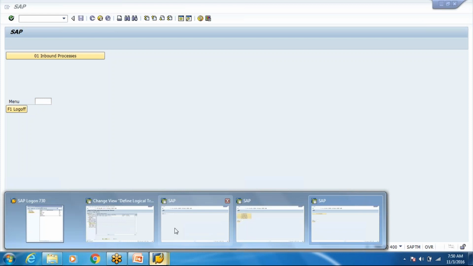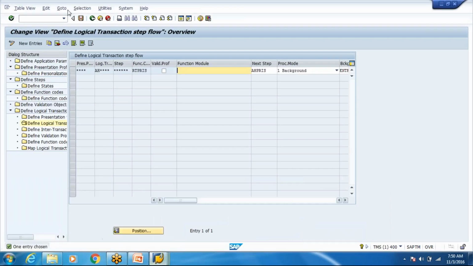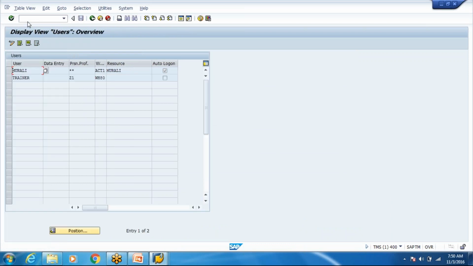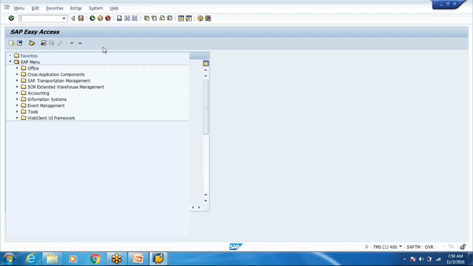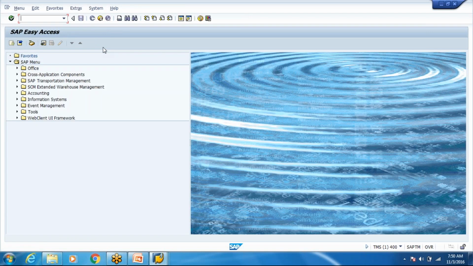Hello, Shreyas here. Do we have any concept of authorization as such here? I mean, or should we create only user profiles for every user? See, the personalization profile will be there, which will control based on the user.